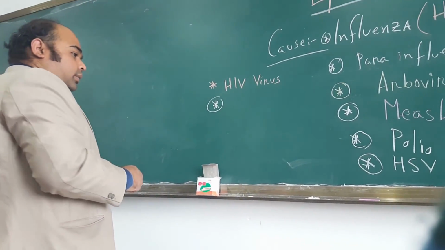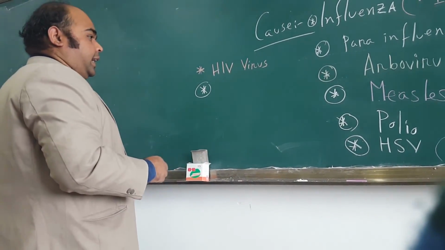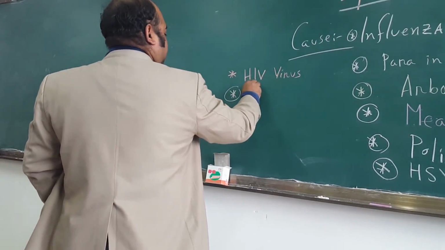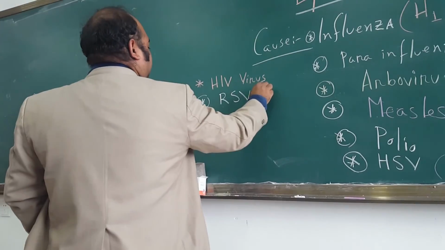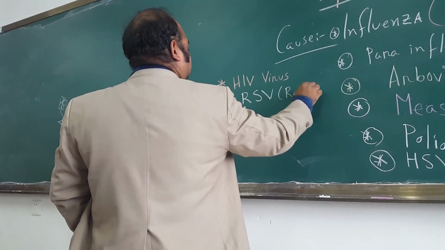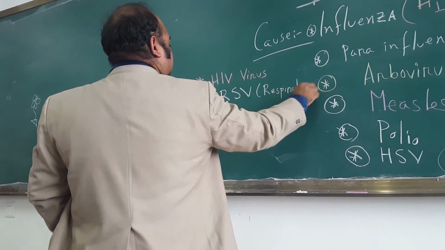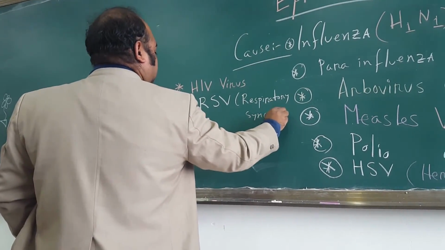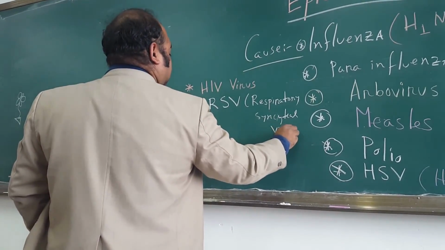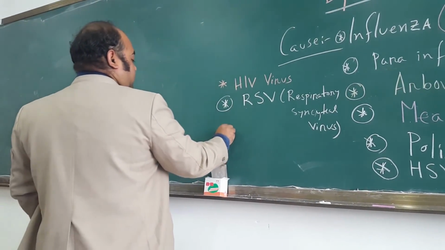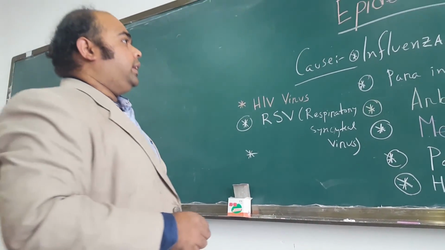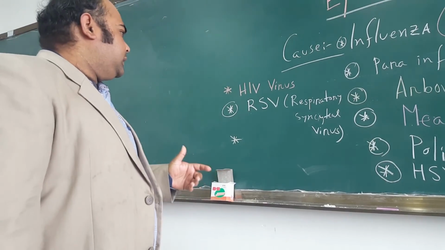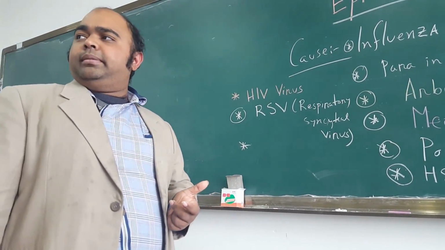So measles, polio, herpes simplex virus, HIV virus. Clear or not? Respiratory syncytial virus. So it is very, very important in epidemic encephalitis. So polio, herpes simplex virus, measles, HIV, respiratory syncytial virus, adenovirus